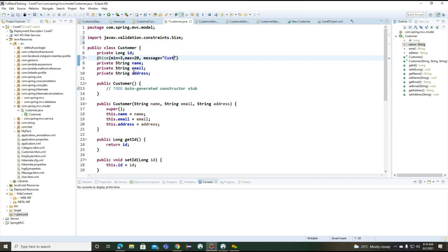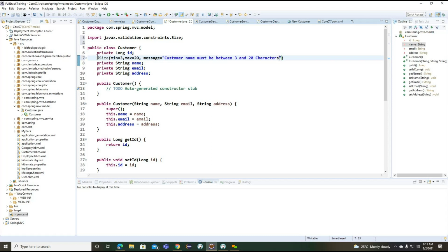Something like: customer name must be between 3 and 20 characters. Getting the point.